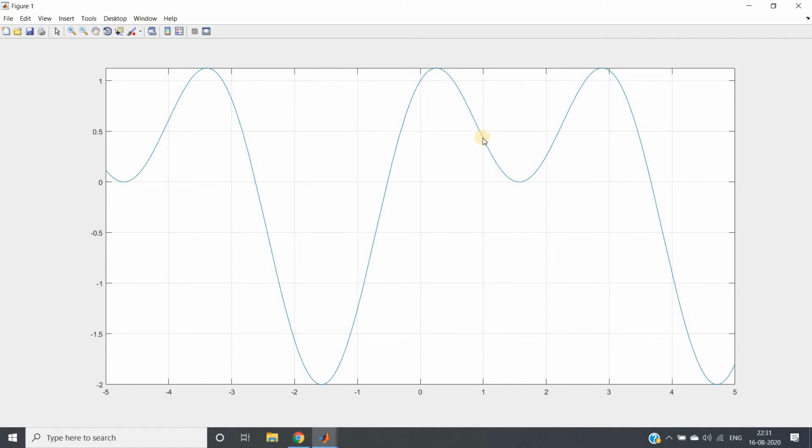Now the function will check: if I go to the left-hand side I get a higher value, but if I go to the right-hand side the value is decreasing. So all right, I will go to the right-hand side. It will start moving right and gradually the minimum point will appear. Then it will try to move further and see that the function value is increasing, so it will stop here and give us this value. Corresponding to this, in between 1 and 2, you will get some point. Let me show you that.